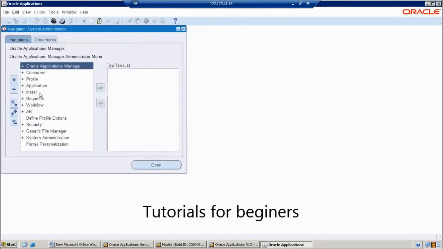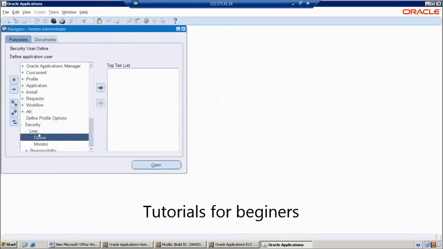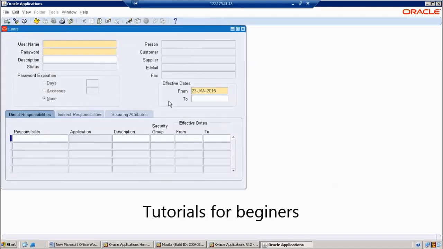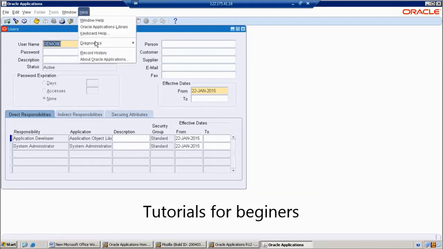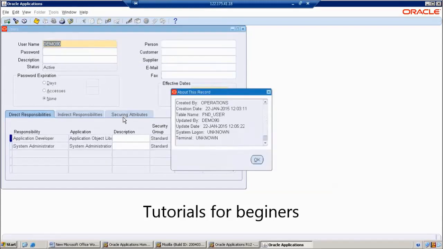So this is our user form. In this user form we can find our user details, right? And also while using this form we can find out what the base table is for these users.